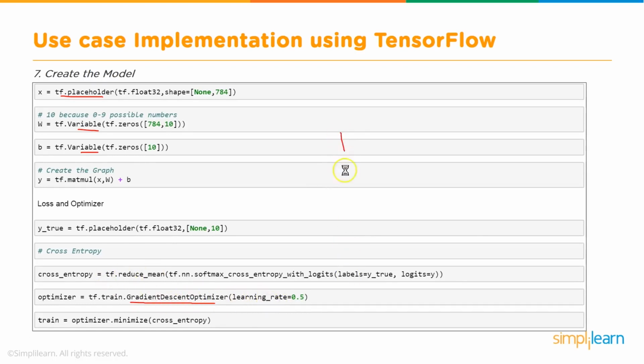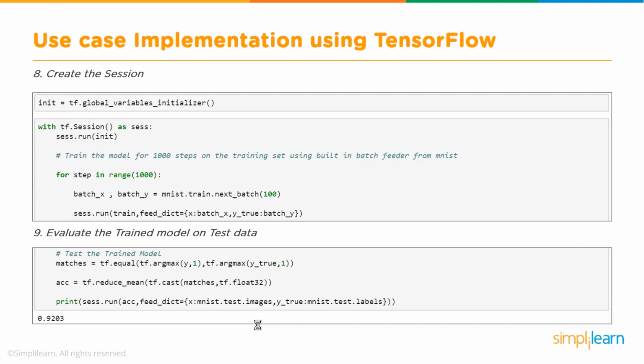You remember we saw a slide somewhat like this, and then you define what should be the learning rate, how fast you need to come down. That is the learning rate. And this again needs to be tested and tried to find out the optimum level of the learning rate. It shouldn't be very high, in which case it will not converge, or very low, because in that case it will take very long. So you define the optimizer and then you call the method minimize for that optimizer, and that will kickstart the